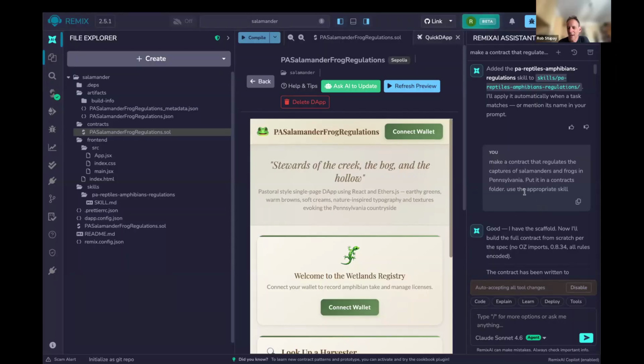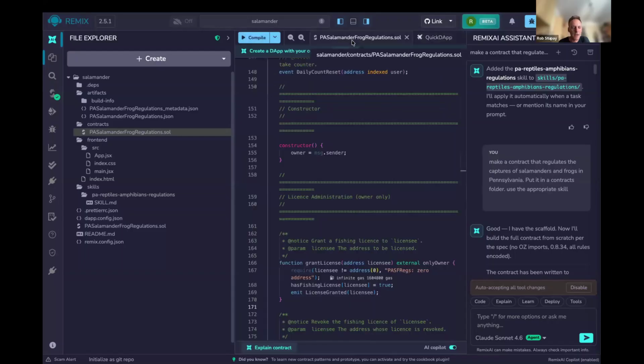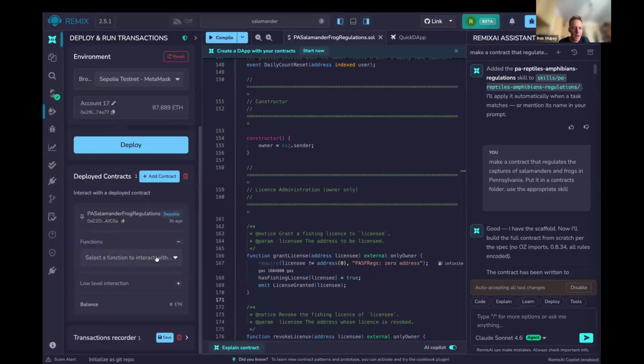Put it in the contracts folder and use the appropriate skill, because the skill was already in here. I'd already imported it. Then it made this contract. And then from this contract over here, I deployed it to Sepolia. And then very quickly, I hit the three buttons wherever they are.